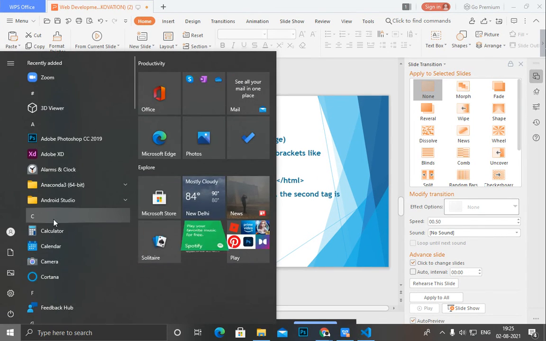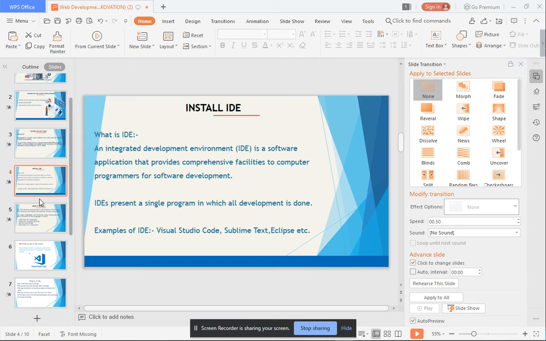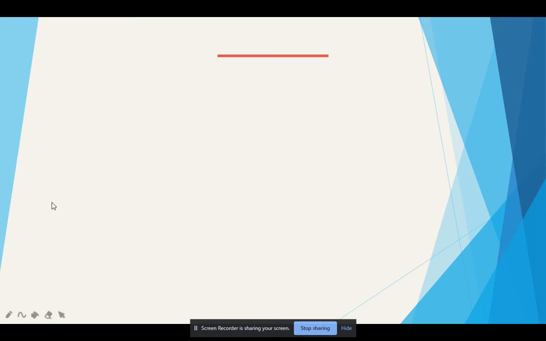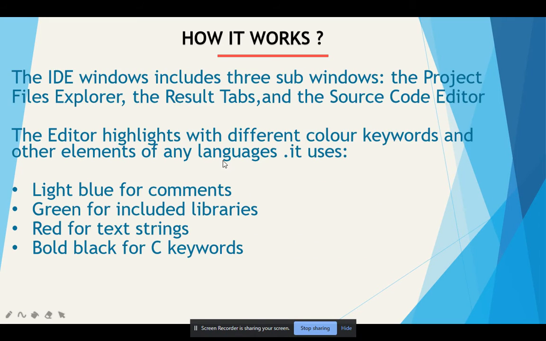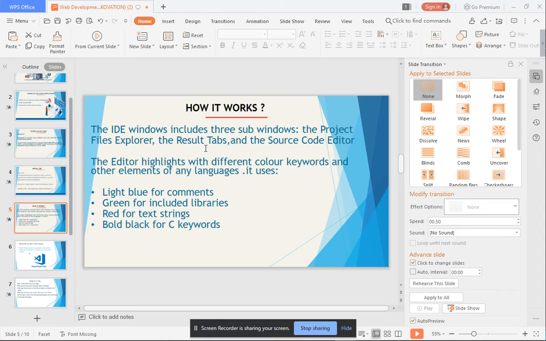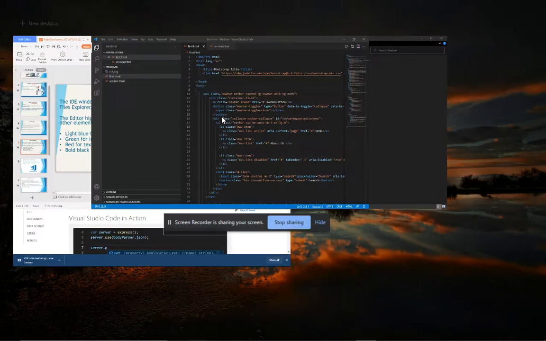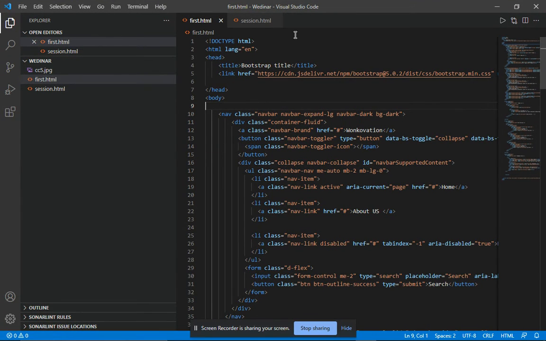Firstly, the editor highlights keywords and other elements of any language with different colors. If I move to our editor part, here you can see this is a very large program, so you don't need to worry about it.